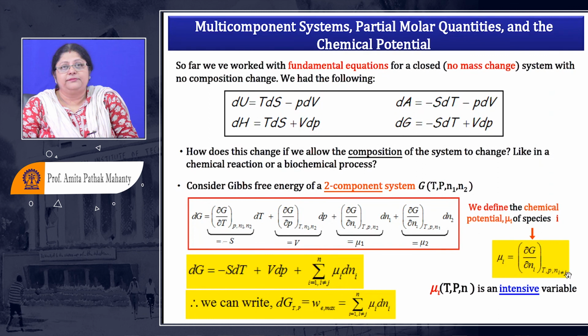We do not have any other component present. This was the one question which I think Nishant had asked. What is the difference between a component and a phase? If I have water, I can have it in liquid, solid and gas phase. Three phases may be there, but the component is only one. It's pure water. Okay. But if I have salt or if I have ethanol and water, then it's a two component system.